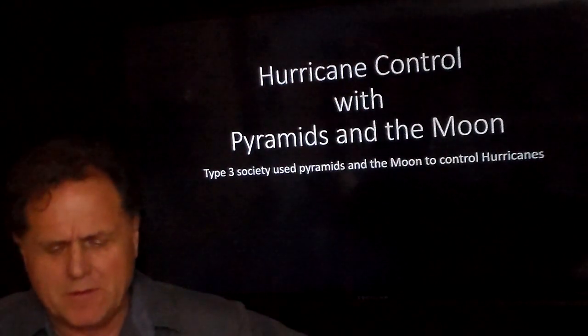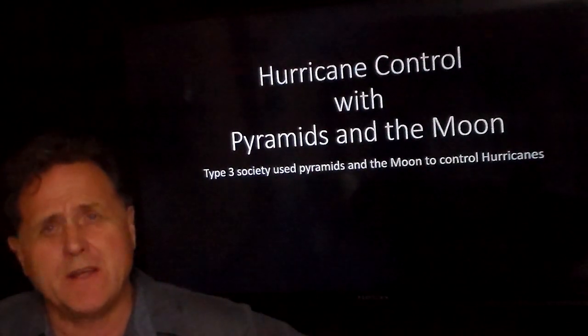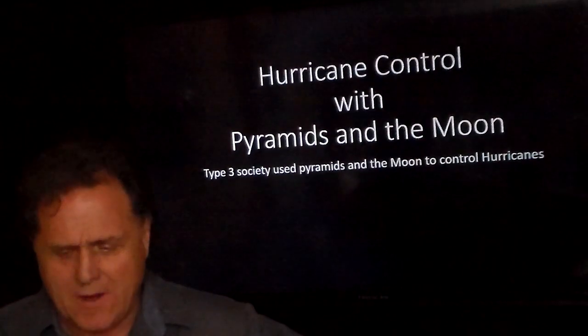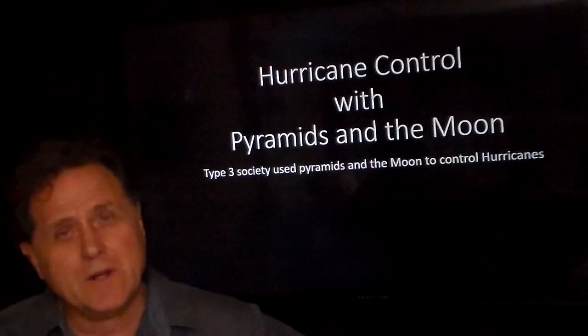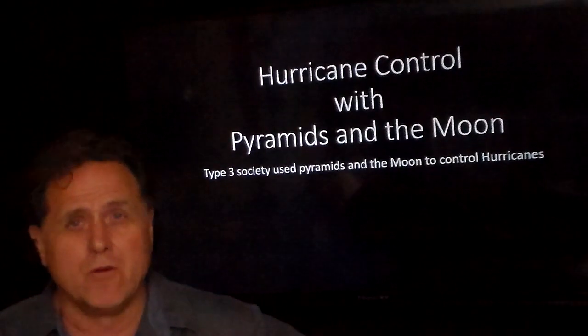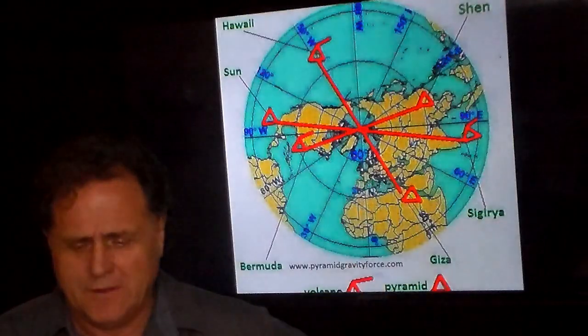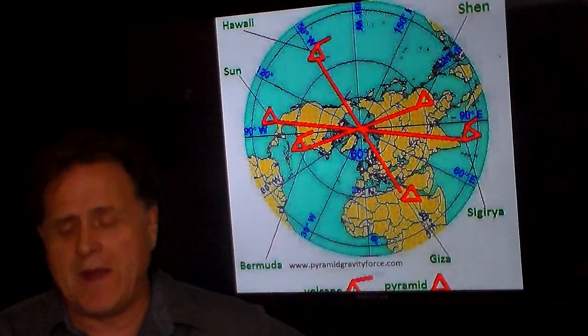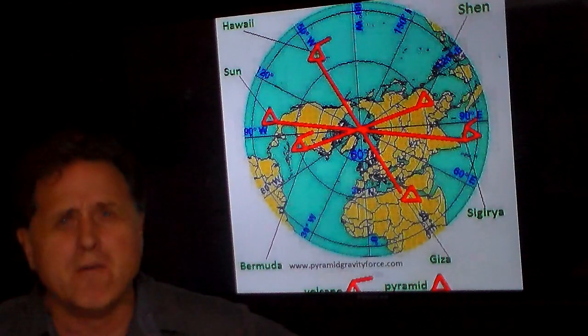So Type 3 society used pyramids and the moon to control hurricanes. That's right, the last people that were down here knew a little bit of something on how to control their environment without polluting and causing problems. Alright, right off the bat here, we're going to get into a little bit of my technology with pyramids and